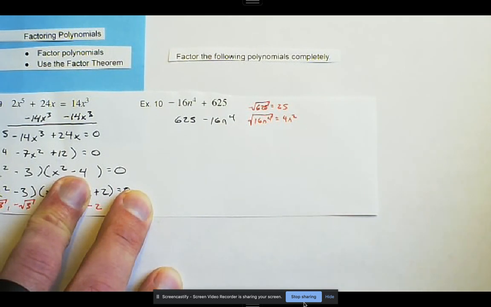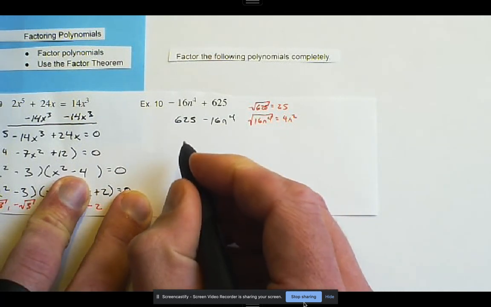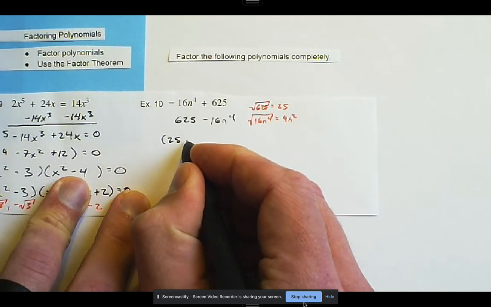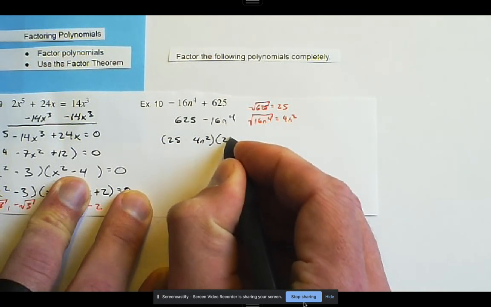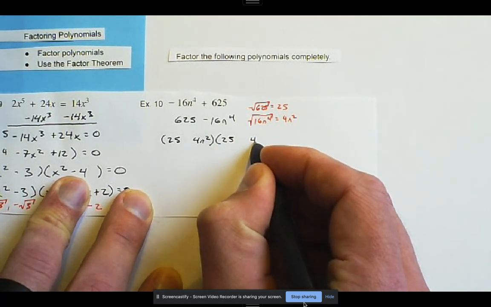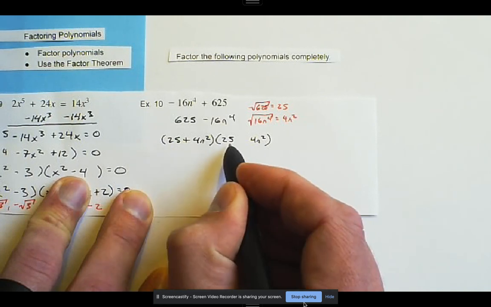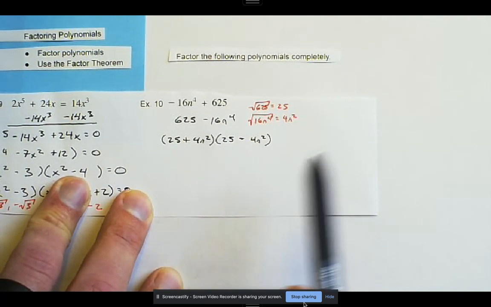And so for the difference of squares, we have 25 and then the 4n squared, and 25 and then the 4n squared, and we have a conjugate pair, so we have a plus and a minus, and then we know that we have the minus, we have difference of squares again,